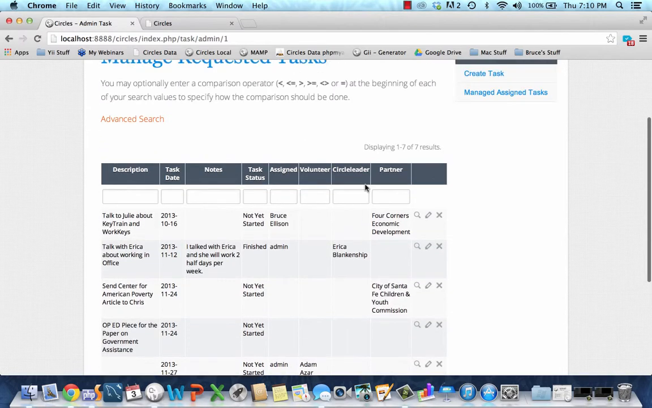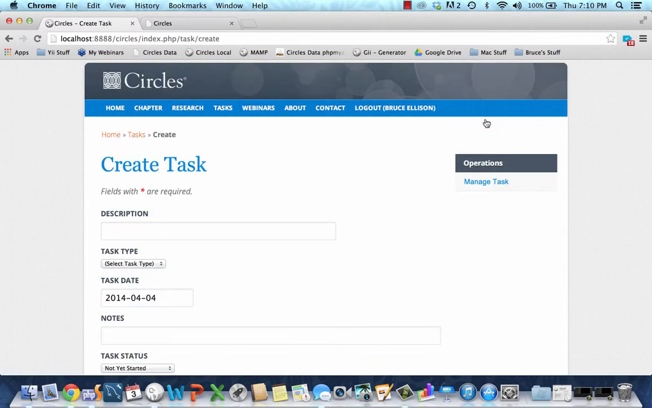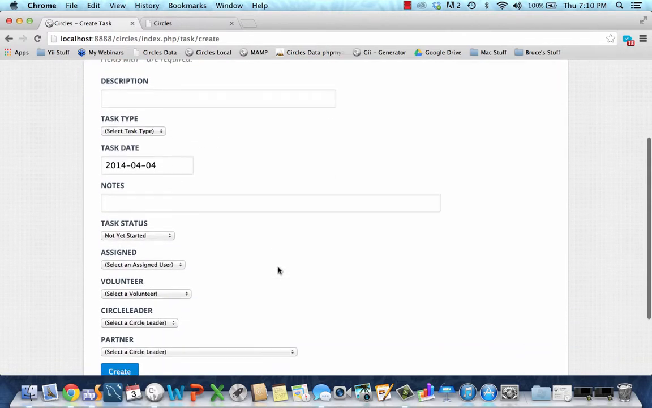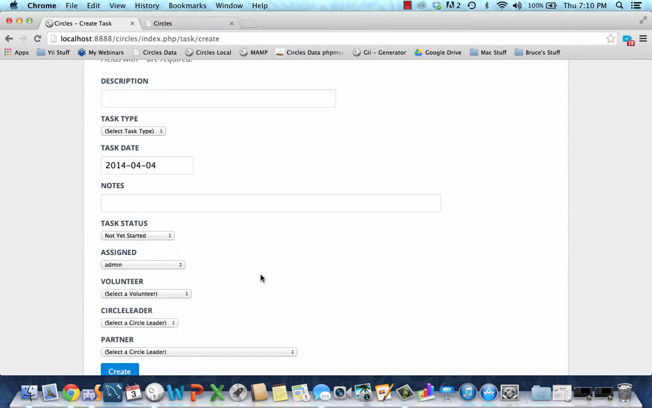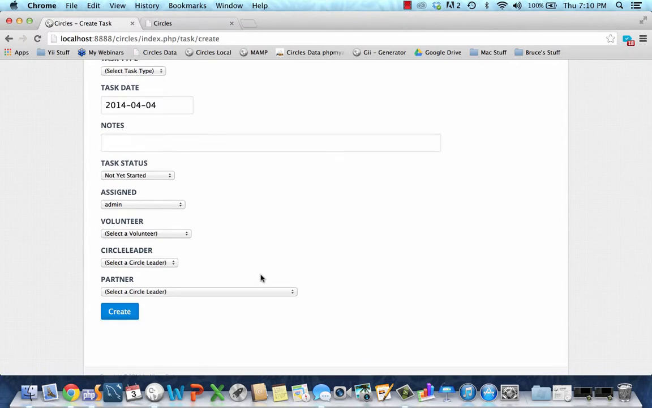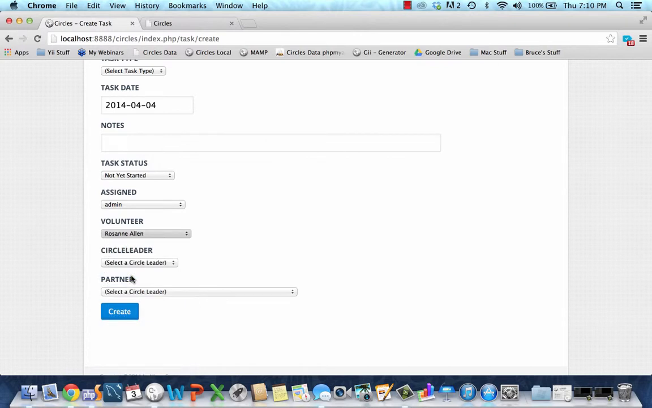And whenever I create a task, you can give it a description, task type, date, notes, what the status is, and then you can assign this to a user. So I'm going to assign this to the admin. And it can be either about a volunteer, a circle leader, or a partner. And the reason these are here is so that you can identify these. And so if this is associated with a volunteer,